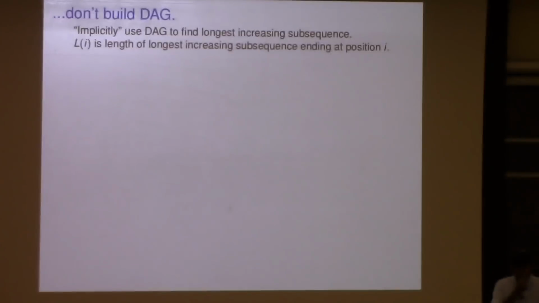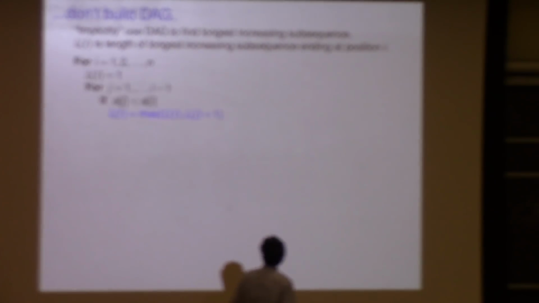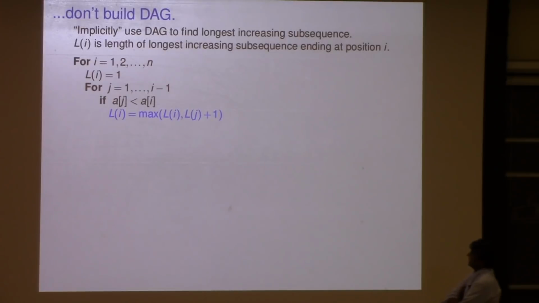Okay. So now we're going to think of it as a recursive procedure. So L of I is a function of I for our instance. L of I is the length of the longest increasing subsequence ending at position I. Actually, I guess I'm thinking of it as a table entry here. So now, for I equals 1 to n, the longest subsequence